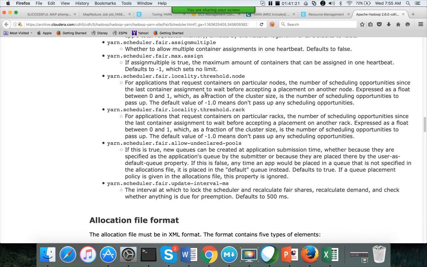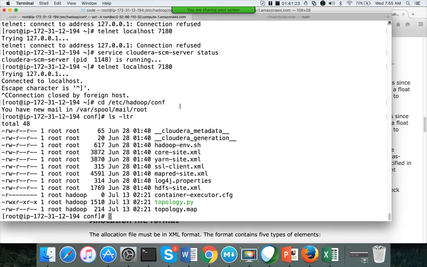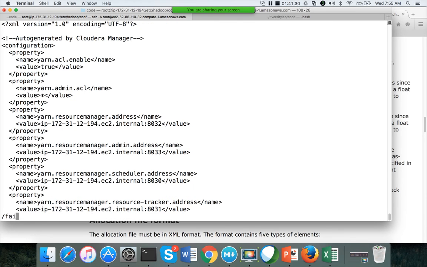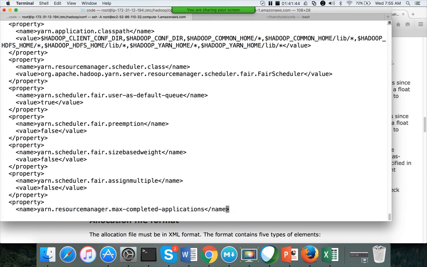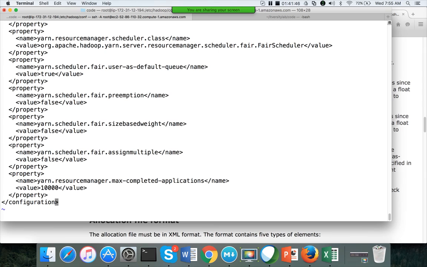For the fair scheduler, you typically will not have a different XML file like in the capacity scheduler. These are the parameters you might have to review to get into further details.